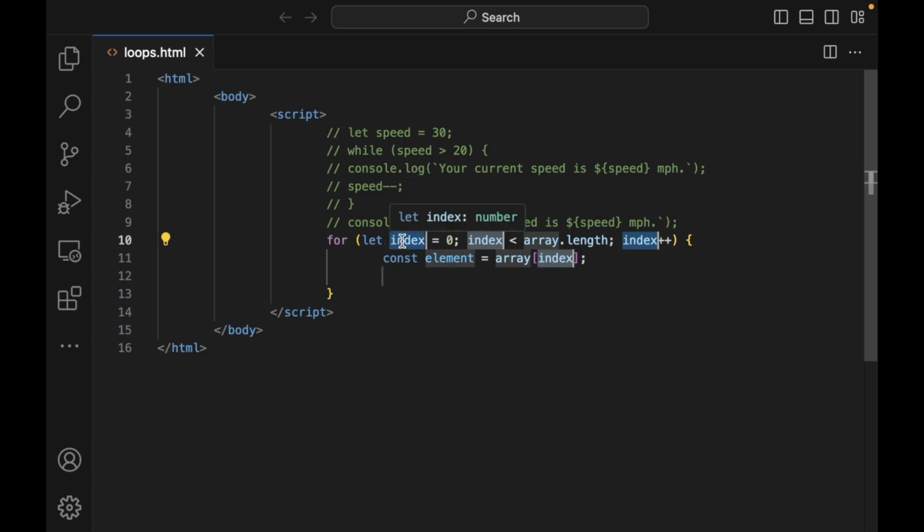So we'll say let speed equal to 30. Where speed is less than, and here it was maybe wanting some length of some array if you're iterating over an array. But in this instance, we just want speed to be greater than 25. And then here, instead of increasing the speed, we're going to decrease the speed. And then again, all we're going to do here is